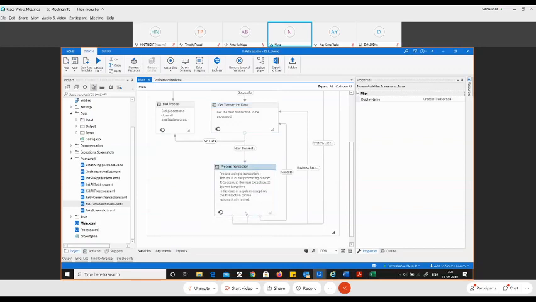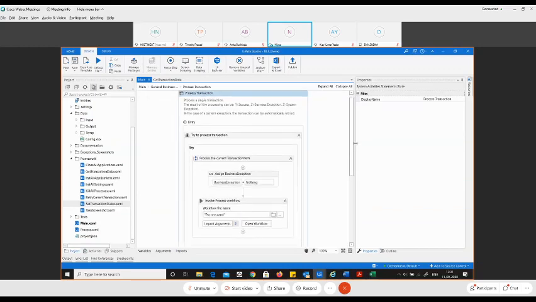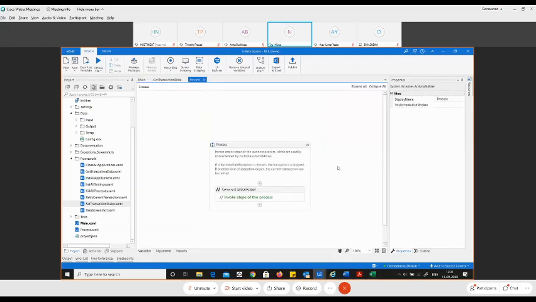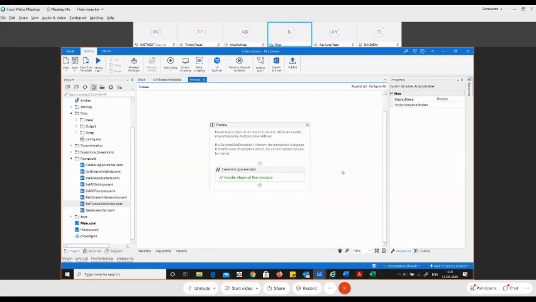Now let us see what this process transaction is responsible for and what we have in it. As I said earlier, we have only one workflow. That is the process workflow. And that process workflow also is empty. Why is it empty? Because it is your automation, you have to build it, right? So the logic, workflow, everything is going to be different. But they have given us a template saying this is the process workflow that you have to use.